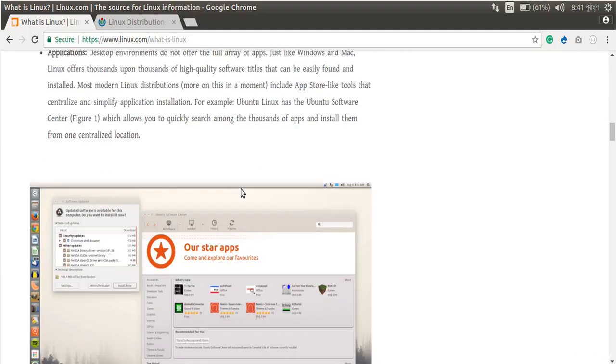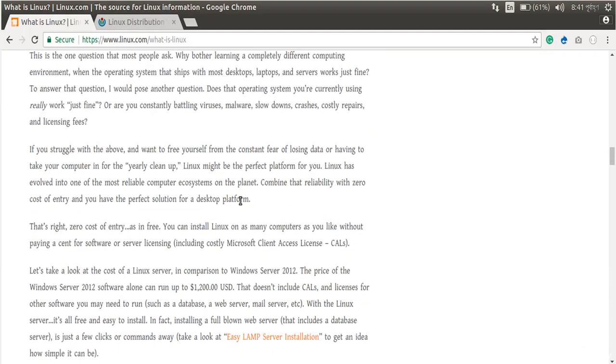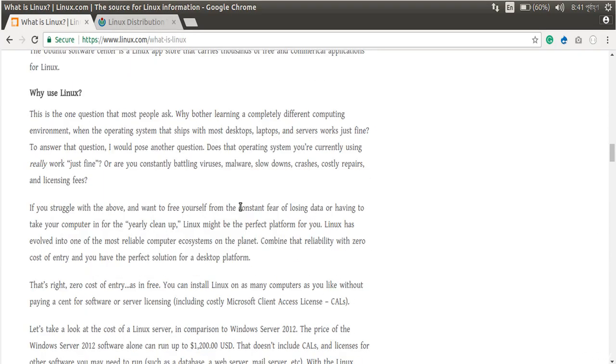The next point I'm going to discuss is what is interesting about Linux. There are lots of things that are interesting about Linux. First of all, it's free in most cases, for a lifetime. Then you will get freedom of customization. You may shape it according to your demand. And maybe someday you may end up developing your own Linux distributions. Isn't it great? Of course it is.